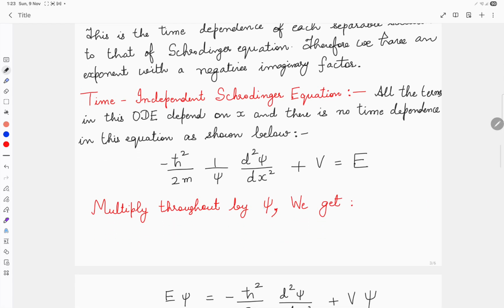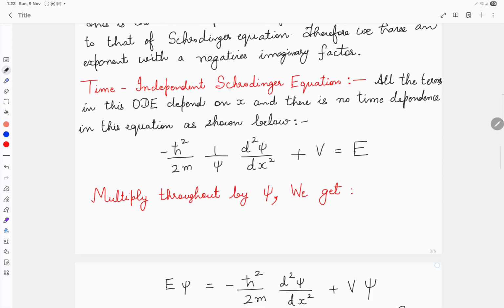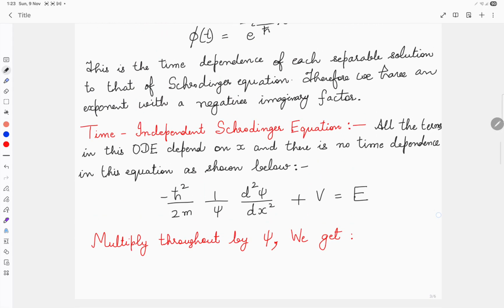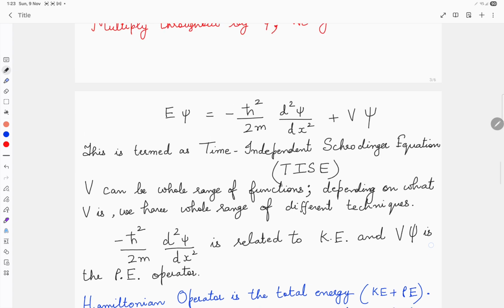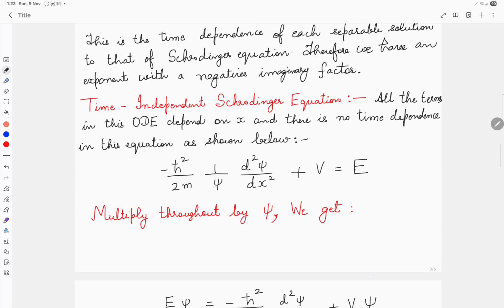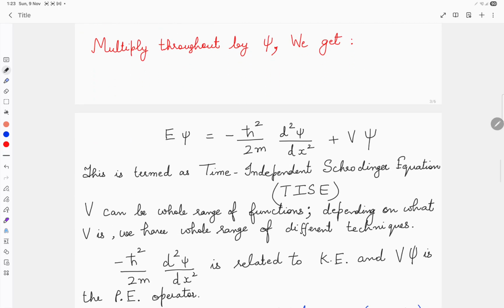So we multiply throughout by psi. With the multiplication of psi, the 1 over psi will cancel out, right? We will get it equal to this. So this is termed as time independent Schrodinger's equation, and in short form we can write it as TISE, T-I-S-E. This is time independent Schrodinger's equation because there is no term which is specifically dependent on time,